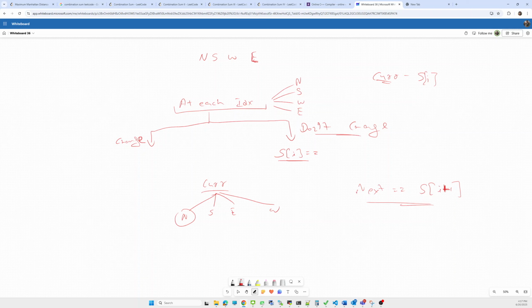Else, for the rest of the cases, for the rest of the states we need to change.